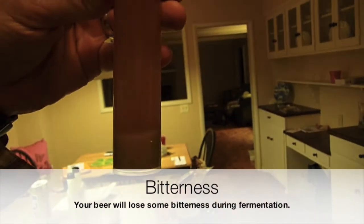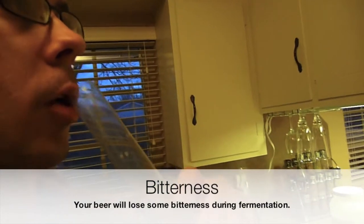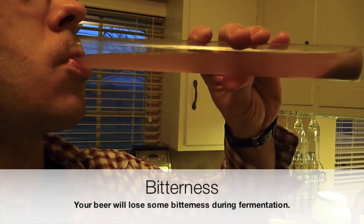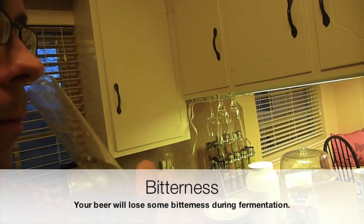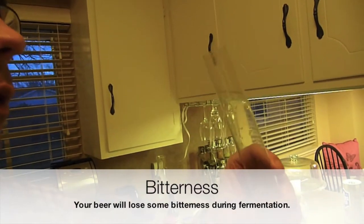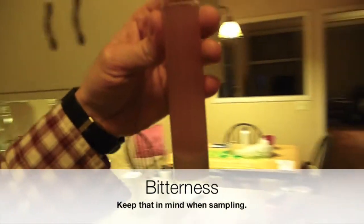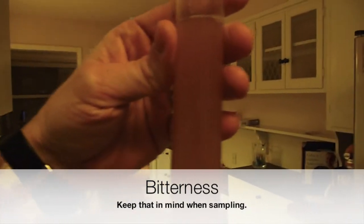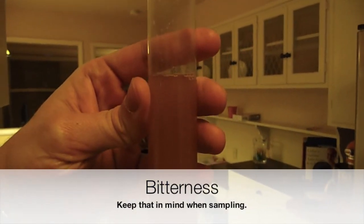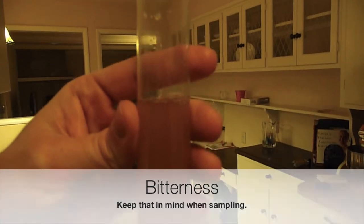Well, we can see the hop trub has already started settling out after I took my hydrometer reading, and this beer tastes amazing. Tastes even better than my sample. It's got good bitterness, nice nose on it, and that nose will improve with the yeast and the carbonation and a little dry hopping. This could be a very good beer. I hope it brightens up. It's not the bright orange that I was looking for, but I can play around with that, and I did a lot of stuff wrong today, so need to rebrew it and get the process locked down, but this could be a very good beer. We'll hold our breath and